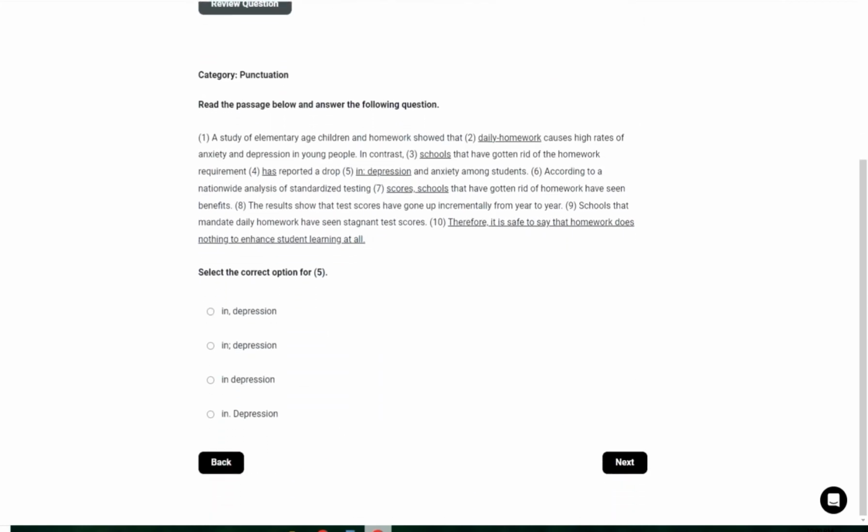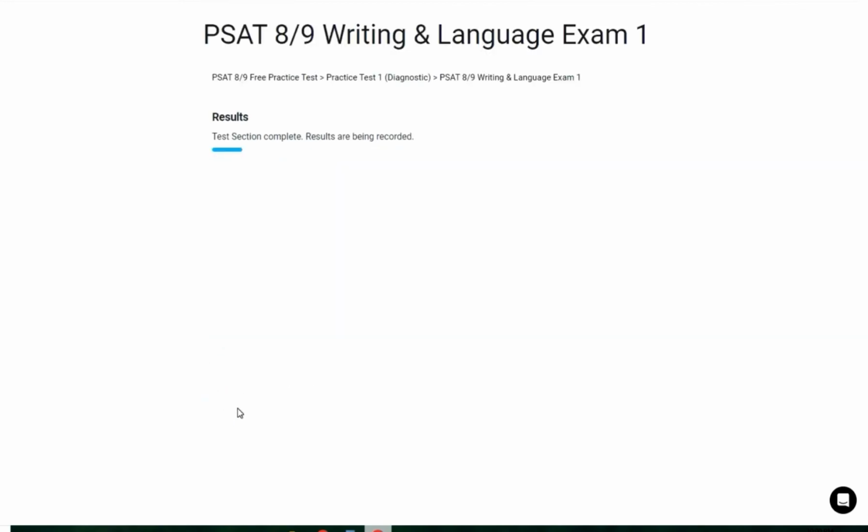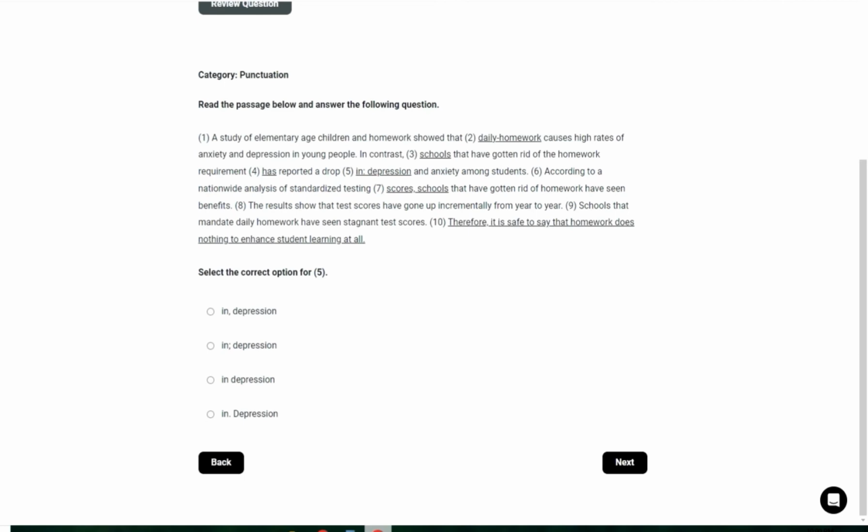So it's saying reported a drop in depression. We're looking at number 5 right here. Is this right? Is it wrong? It is wrong, actually, and it's telling you how should we fix this. Has reported a drop in depression and anxiety among students. Let's go through each of the choices. In contrast, schools that have gotten rid of the homework requirement have reported a drop in,